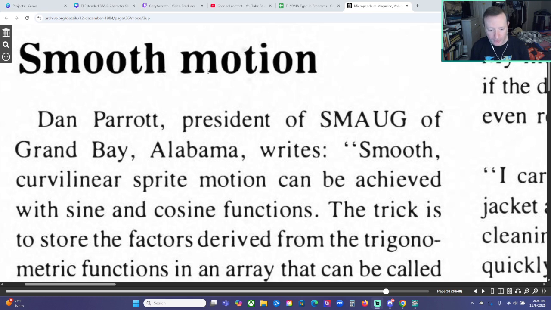I'm going to read the brief program description, get into TI Extended Basic and the Classic 99 emulator, which emulates a TI-99/4A in a modern PC. Type the program in, run it, see what we can learn from it, and see what we can make it do. Okay, Smooth Motion. Dan Parrott, president of SMAUG of Grand Bay, Alabama, writes,